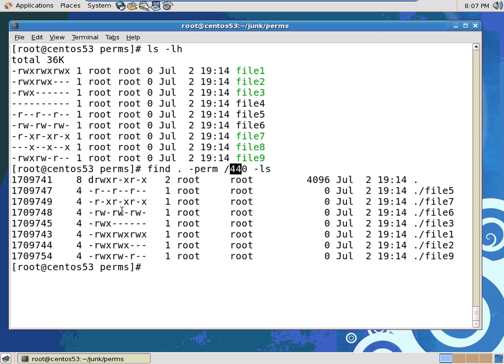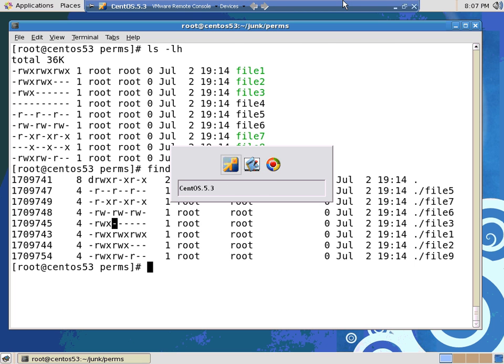Now the one that should have thrown us off is this one right here. This one got picked up this time, file 3. It doesn't have read in the group, but it's got read in this other one. I don't think there are any that don't have read in the user that did have it in the group. So okay, those are your permissions, and you just kind of have to play with those and sort of get the general idea. I don't want to take up too terribly much time in it